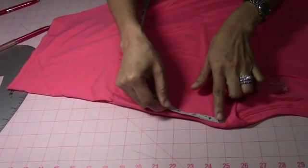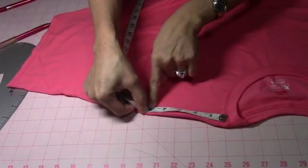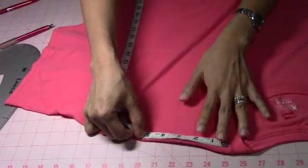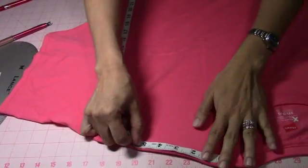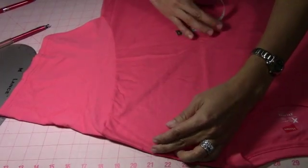our shoulder. We're gonna measure the width of our shoulder. I want it to be 5 inches. It's gonna be wide enough. Then from there we're gonna move to the